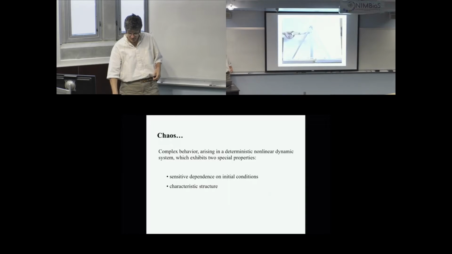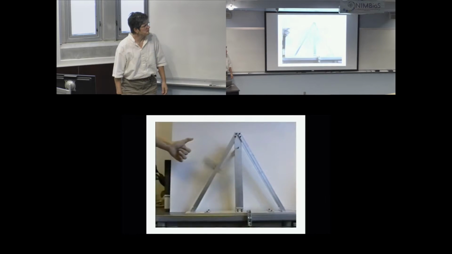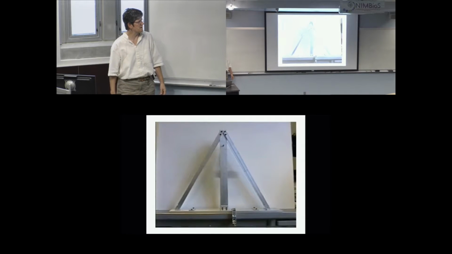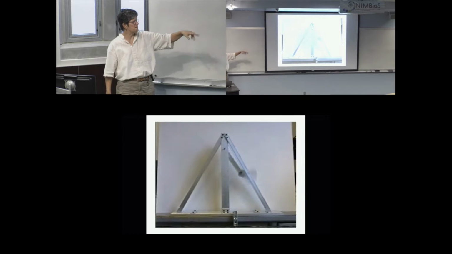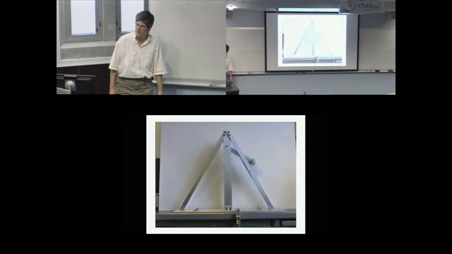And because the TSA doesn't let me carry this around, I have a movie. This is a double pendulum that I built. This is a canonical example of a chaotic system. This is not high-speed slowed down video or whatever. This is natural speed. It's 2 pieces of aluminum and 4 ball bearings.